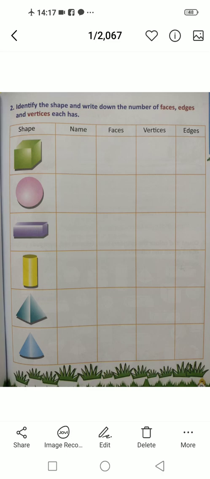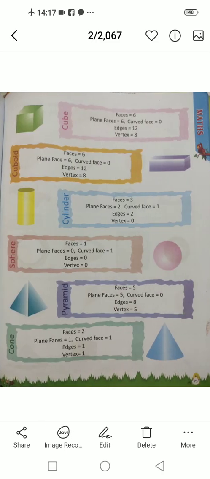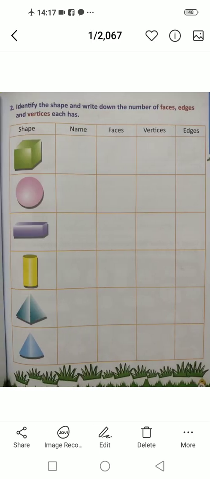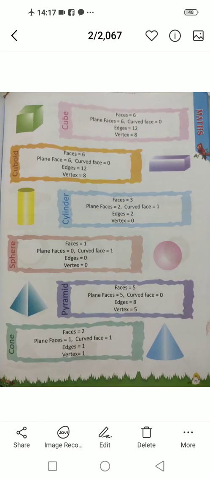So all of you are instructed to see page number 73, what you can come across on the screen, and by seeing that we can fill the columns in page number 75. Observe very clearly the first shape. If you go to page number 73, you can find the first shape.